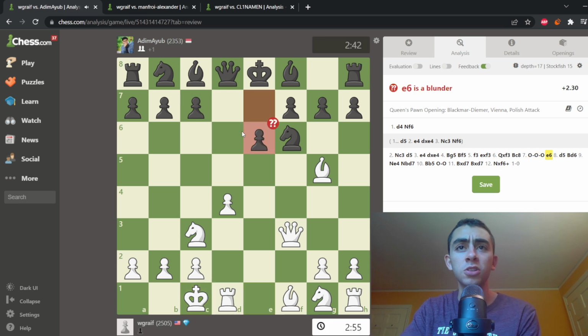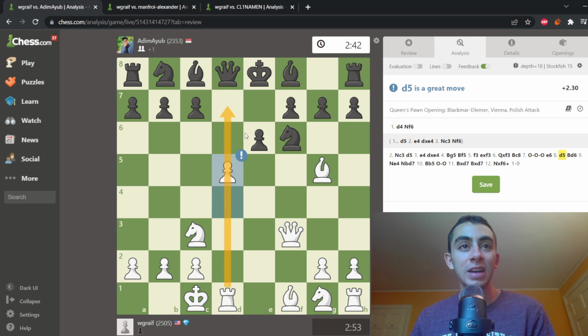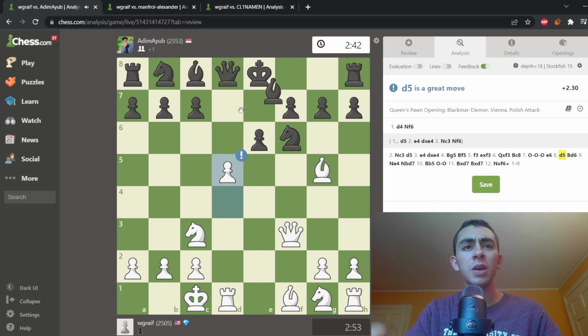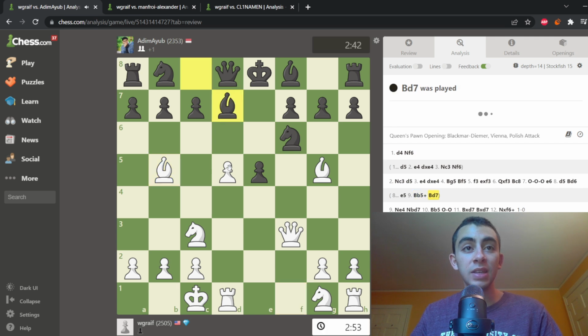And e6, again the most common move, and you can see here, that's a blunder. d5. I got a great move. I got an exclam here. Black is already in a ton of trouble here, because basically what we want to do is open files, we want to trade off pawns right down the center of the board where our opponent's king and queen are. Bishop d6, my opponent played the most common move being e5, and bishop b5 check, bishop d7,